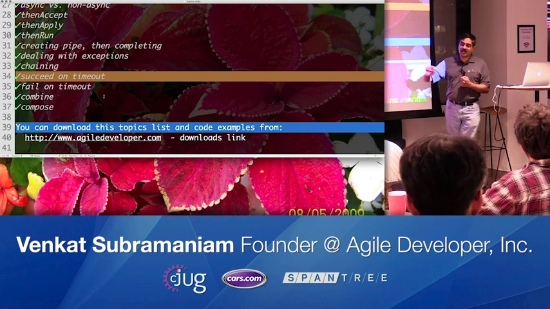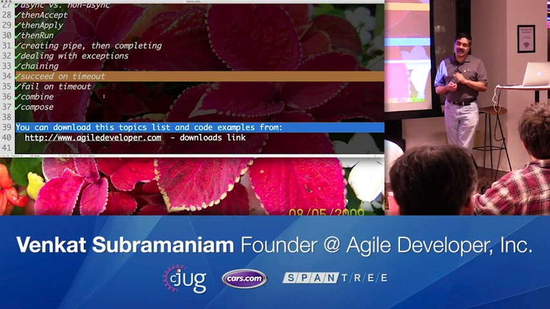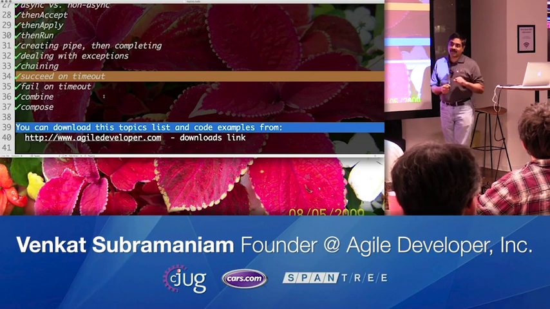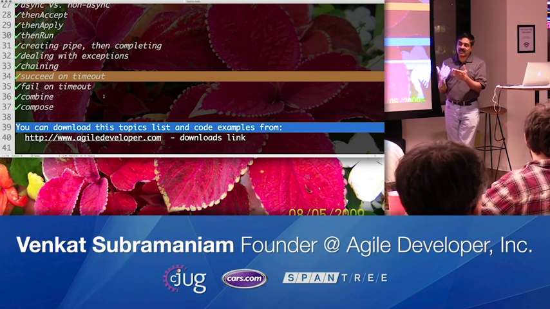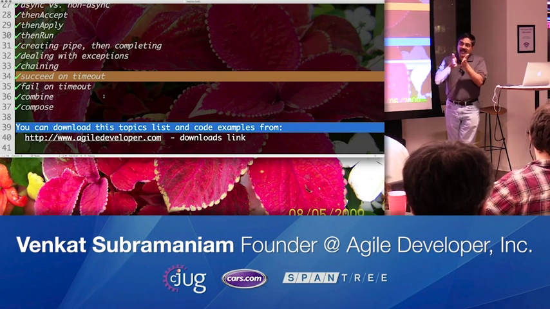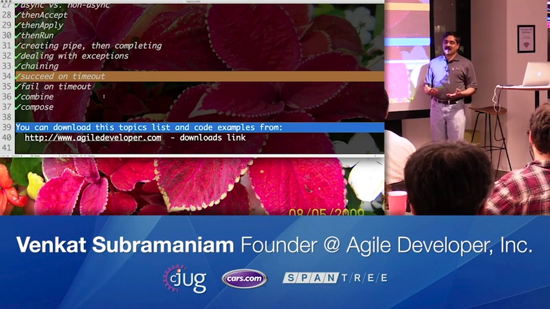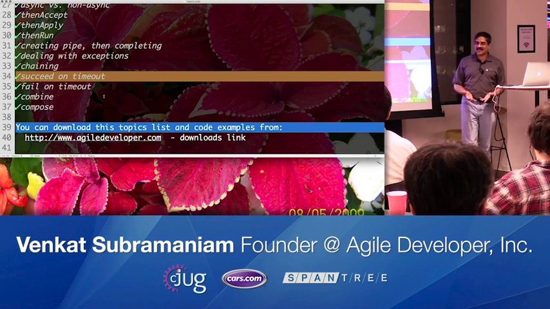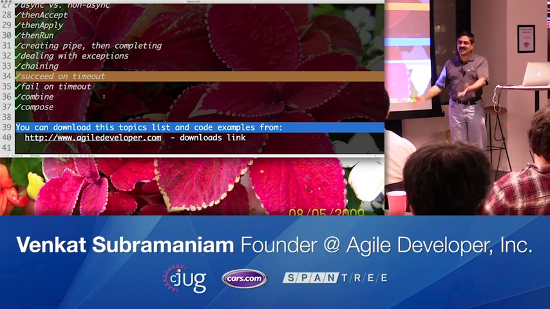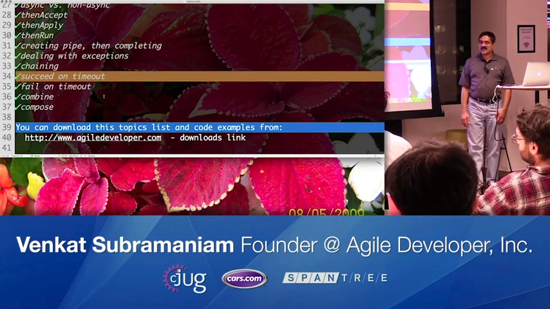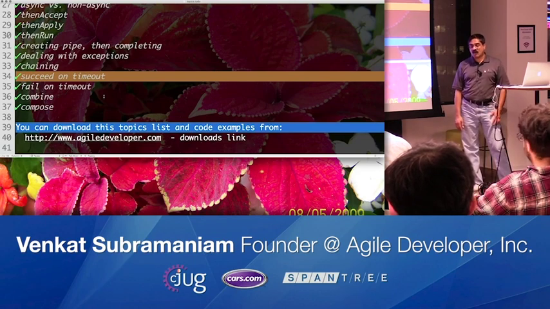So I may send a request to my benefits server, I may send a request to my profit sharing server, and when they both come back with a response, I'm going to take those two responses and create maybe a report for you, or maybe look at your eligibility based on your participation in both of them.